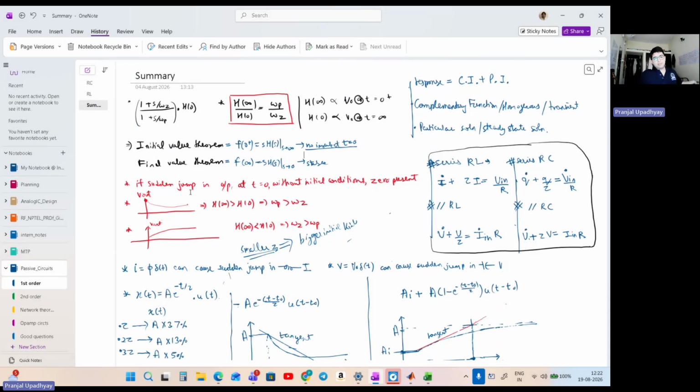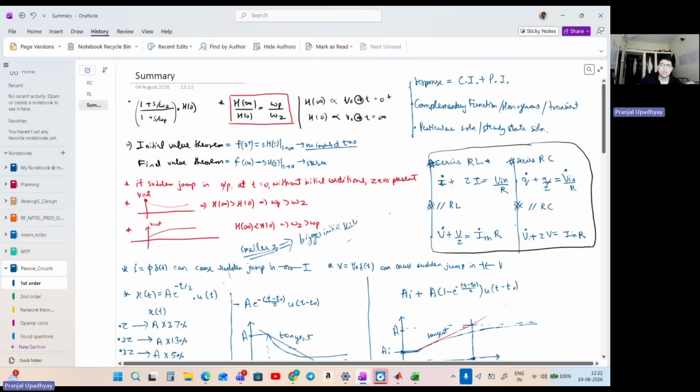So for impulse input, this sudden jump can happen. But we are talking about inputs other than the impulse, right? We are talking about inputs other than the impulse. Now,